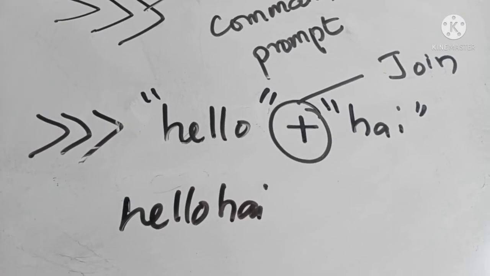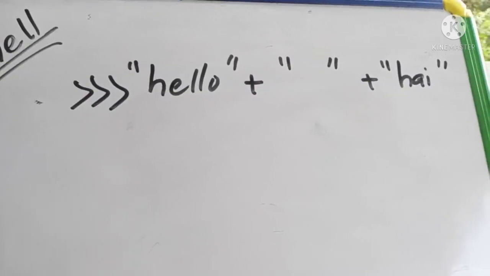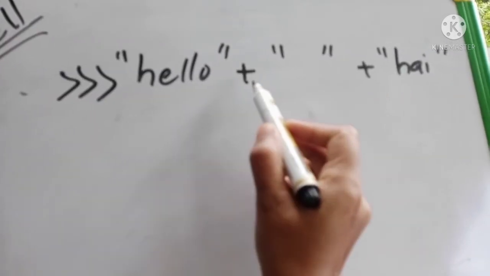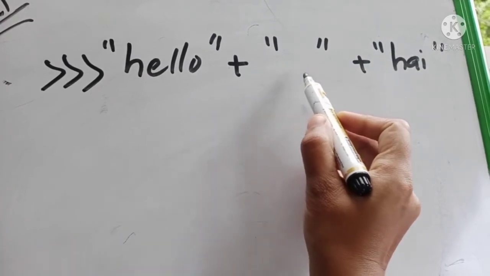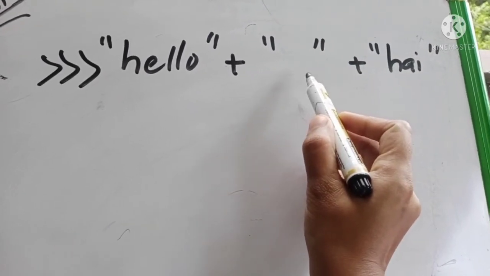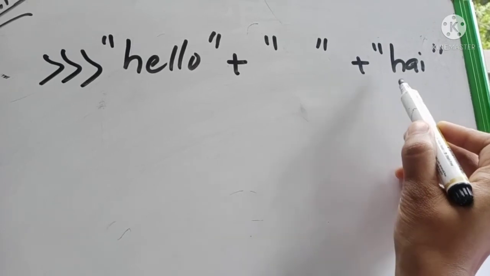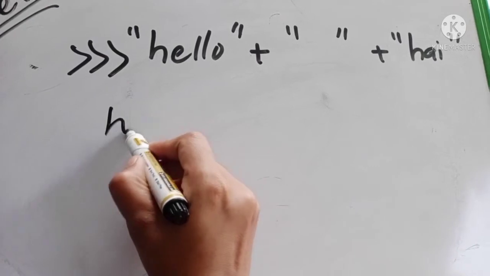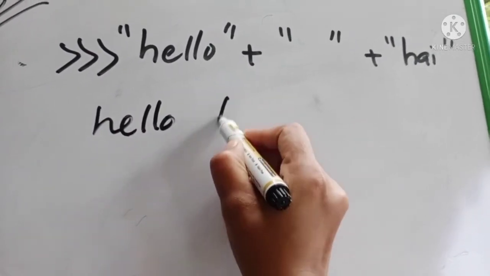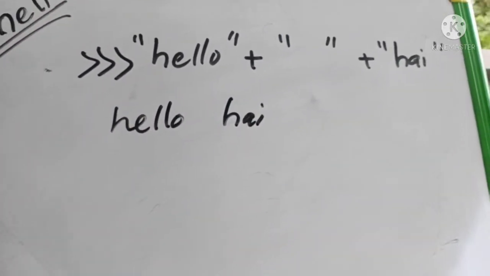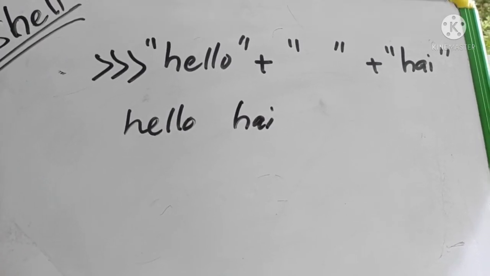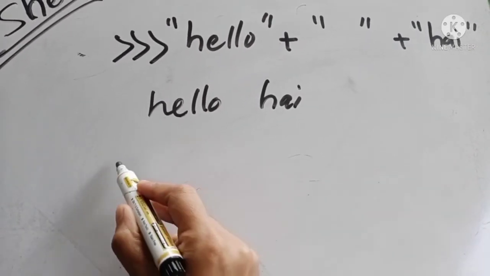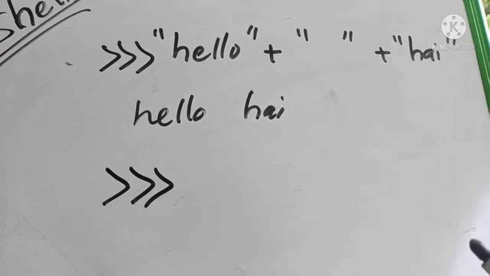Okay, without space. Here is an extra piece of code. See here, this is one string, hello. In between I am giving one plus symbol, again one double quote without writing anything. One blank space is there. After that one plus symbol is there, then hi. Can you please guess what will be the output? It will be printing hello first, then a space, along with that hi. That means if you want to give a space between the strings, you should write like this. Okay. Next, these are the general concepts you should learn.